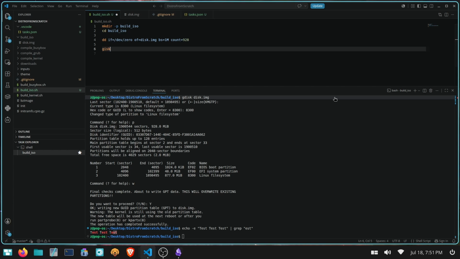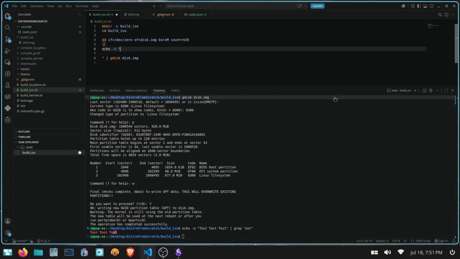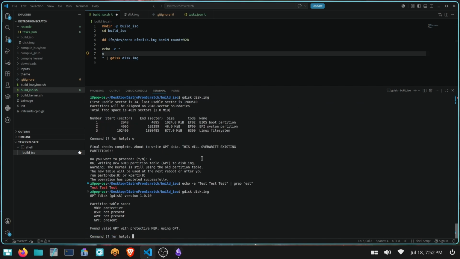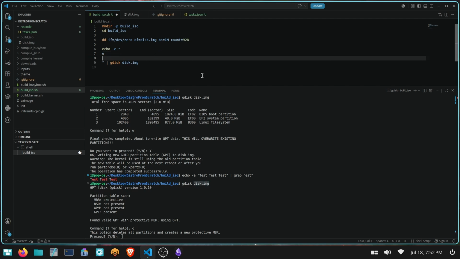So we're going to call the disk.image, and before that we're going to go echo -e, and we'll pipe this in. So the first thing we'd want to do is O. So if you remember, we did gdisk.image, and we did O, which deleted all the partitions. Let me make sure I am on disk.image. And then we can go yes,